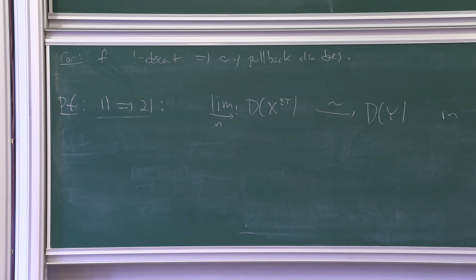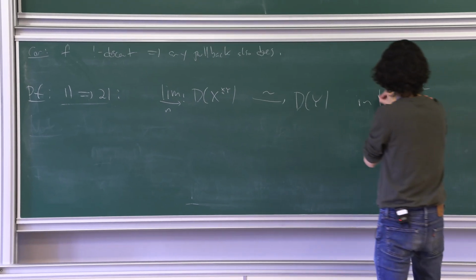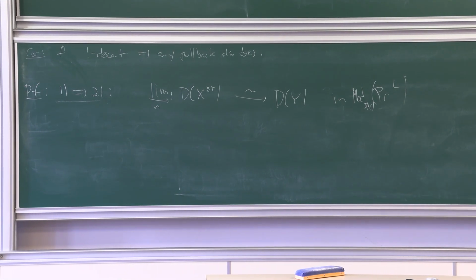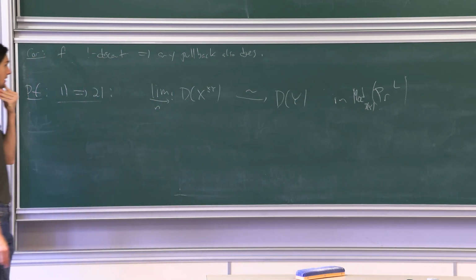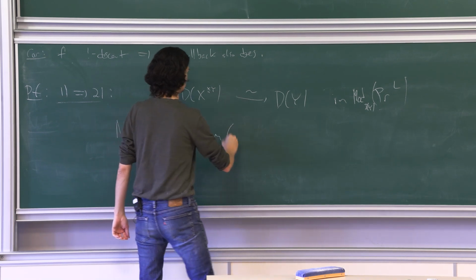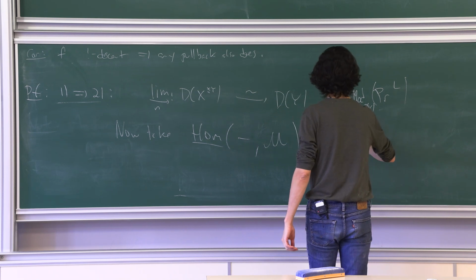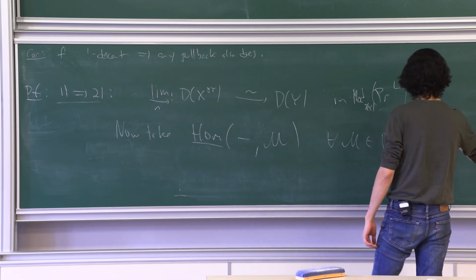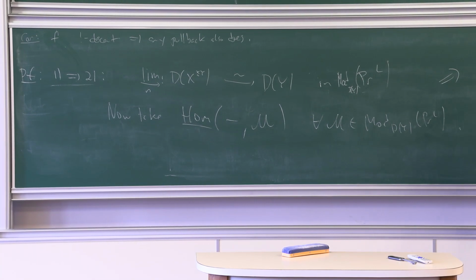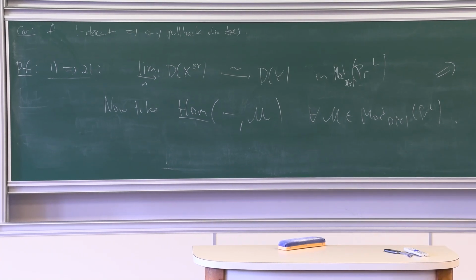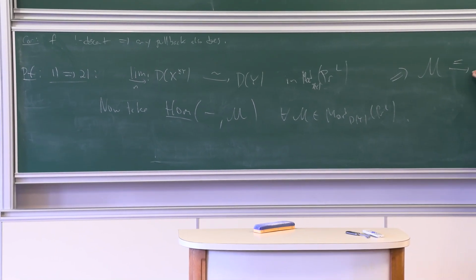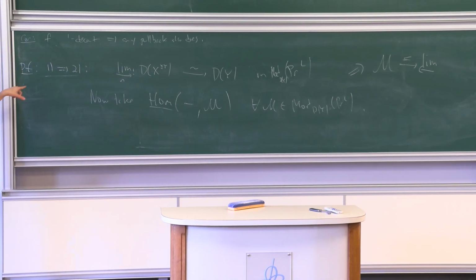In PRL. But I also explained that colimits in module categories are the same as on the underlying, so that's the same thing as modules over D of Y in PRL. Now take internal Hom out to M for any M in mod D of Y PRL. Then, on the right-hand side, we're taking internal Hom from the unit to M, so we just get M. And it's being identified isomorphically with some limit, so the colimit pulls out of the internal Hom, some limit of